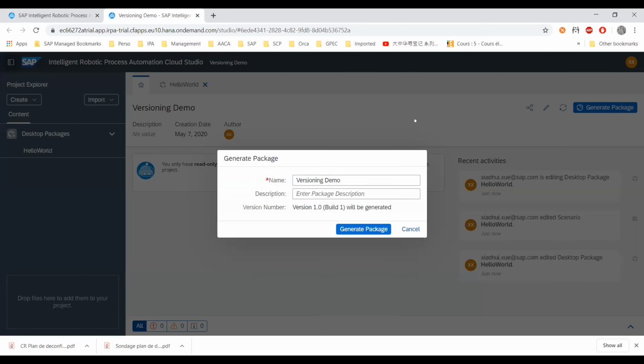Just to recall, in the IRPA we have the concept of the project and also the package. The project is for edition, and the package is for distribution to the runtime and also for reuse from the store. So it's really an immutable artifact. Here, in this generate package dialog, you can see that you still have the name and description. And as the message says, the version number will be 1.0,